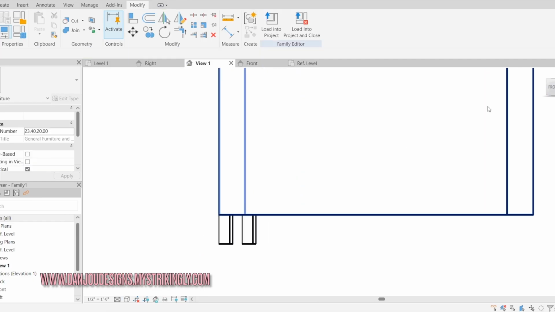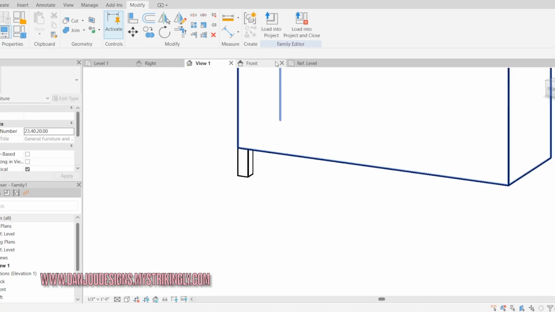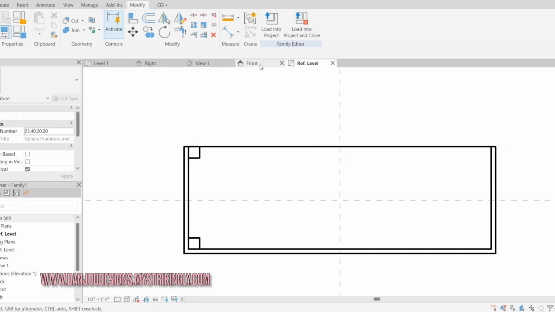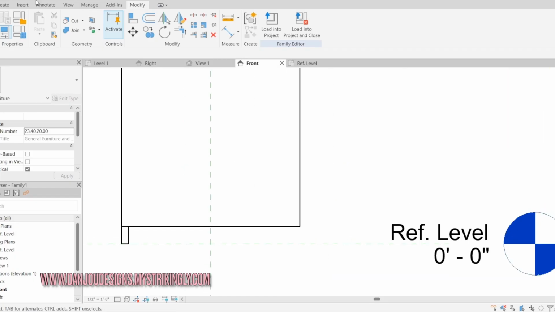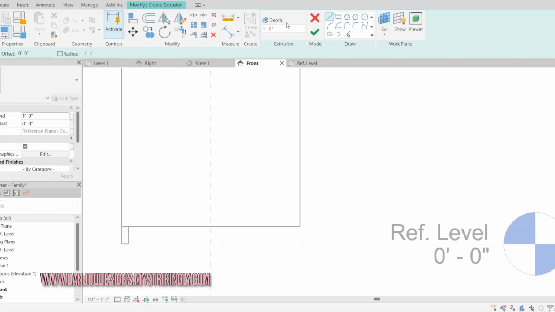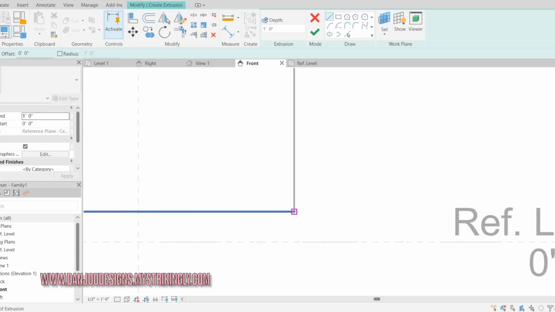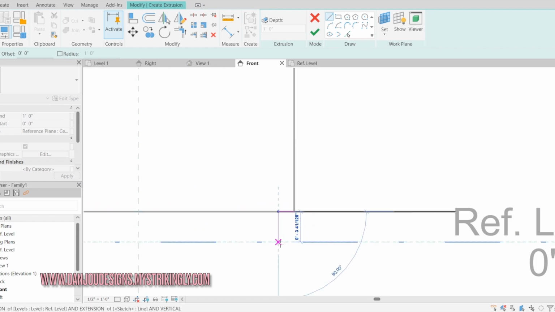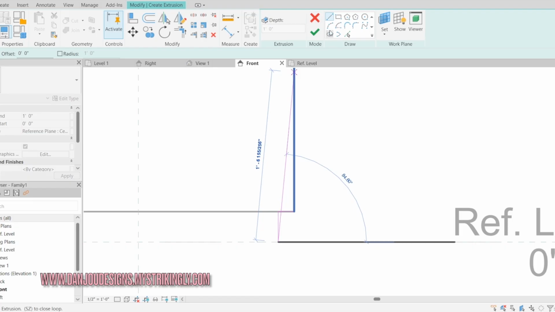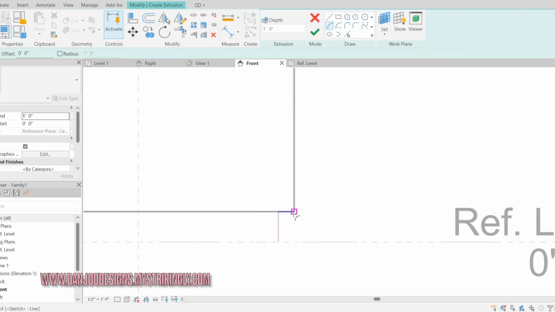This is a basic square leg, but I'm going to show you how to make a leg with a little bit of character in it. So in the front view, I'm going to go to create extrusion, and I'm just going to go over about 1 3/4 of an inch. And then with the start and radius arc tool, I'm going to start from right here and just do a